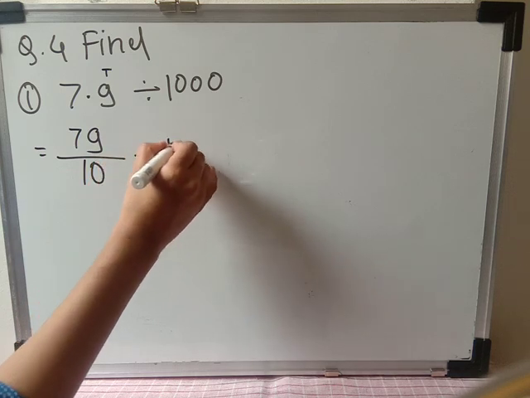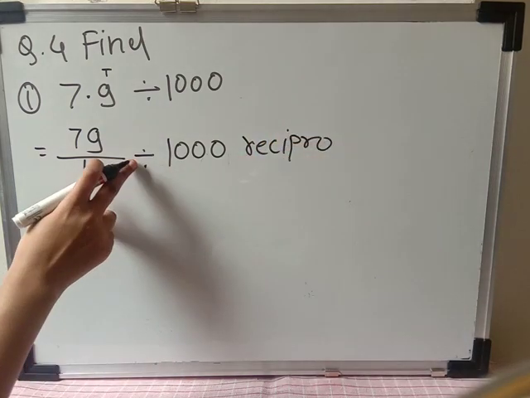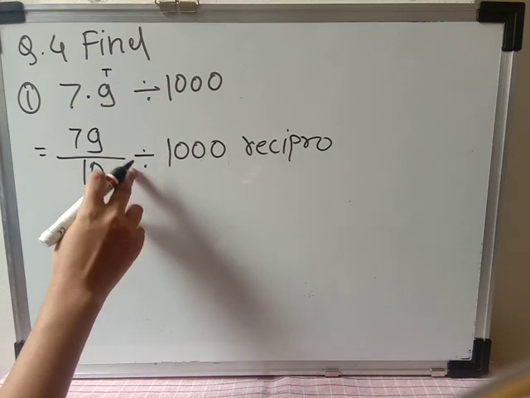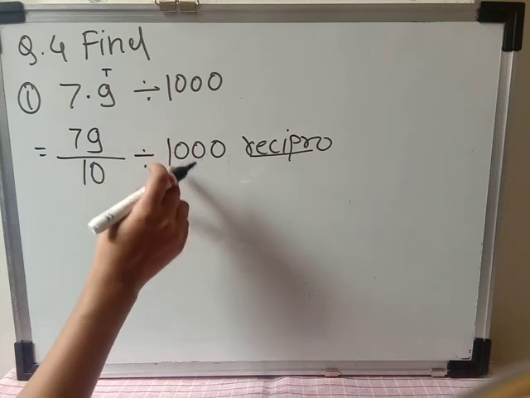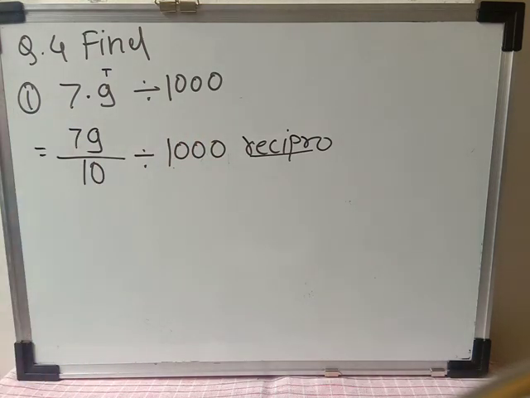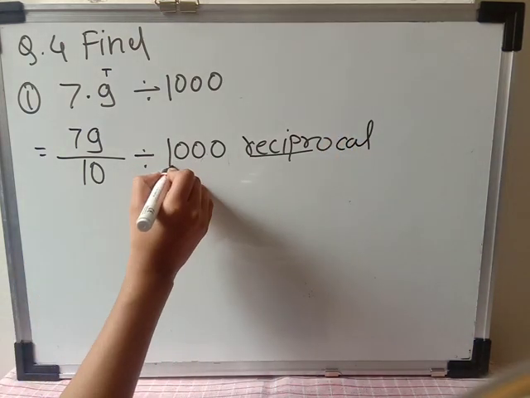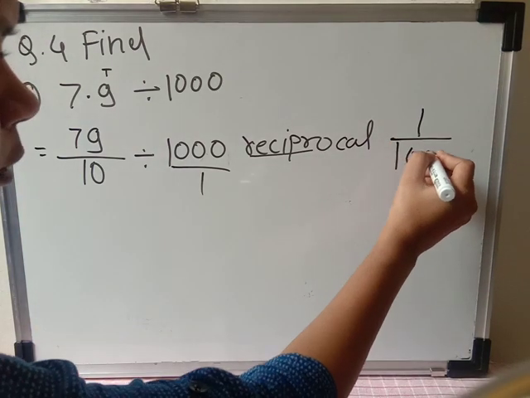Okay, and here divided by 1000. Okay, so we have to take the reciprocal of 1000. Why only 1000? Because ये division के right side पे है. That's why whatever the numbers are on the right side of the division, whenever you have to take the reciprocal, always remember you have to take those numbers which are on the right side of the division sign. Okay, so reciprocal of 1000 means whenever you have to take the reciprocal, that number should be in the fraction form. Okay, so here 1000 is a whole number, so that 1000 will take the place of numerator, and here nothing is there, so 1 is the denominator, and the reciprocal of that number is 1 upon 1000.